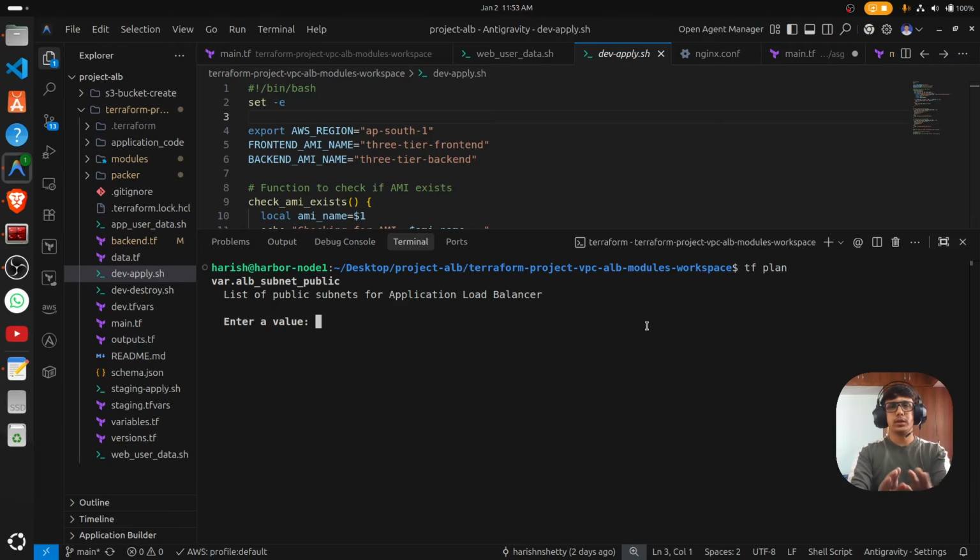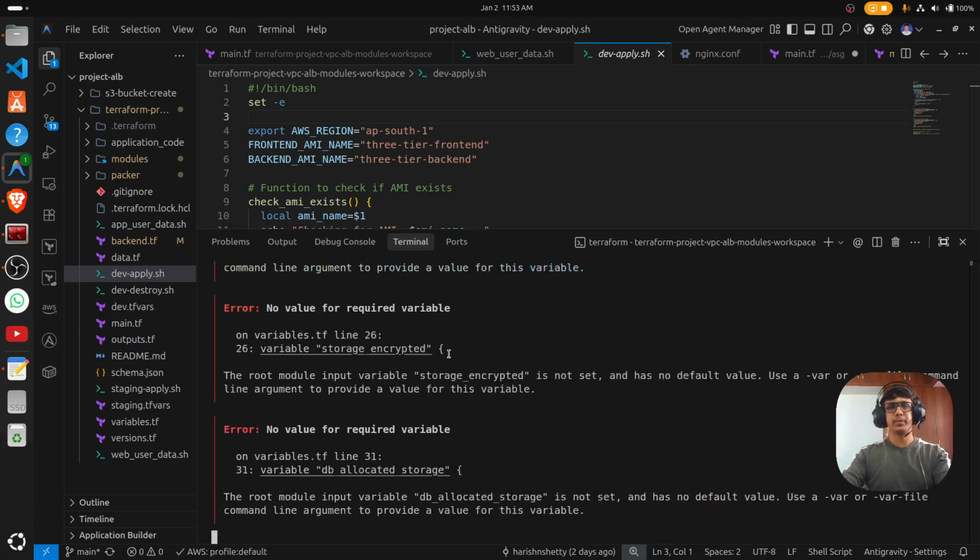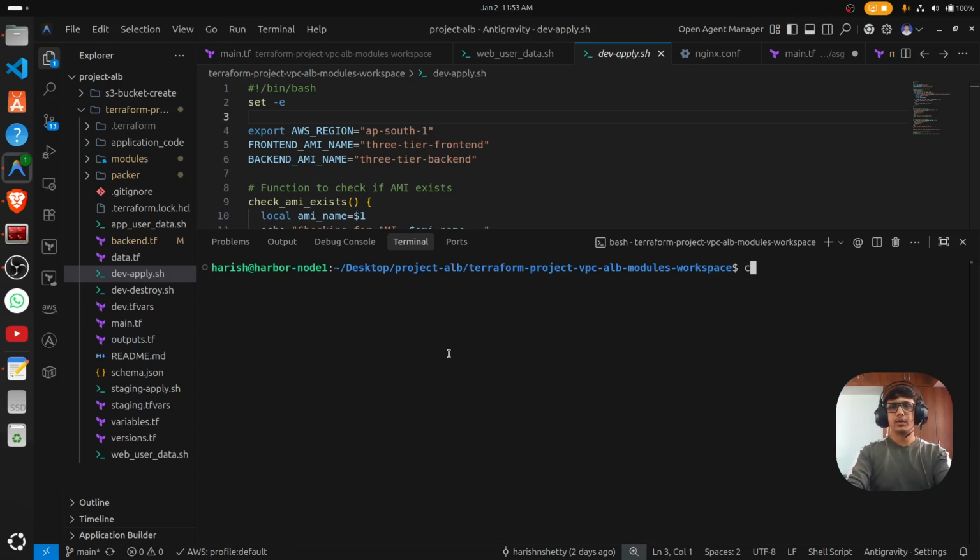So here the Terraform plan is going to ask for the value, because it is not defined; we defined it in the dev.tfvars. So it is going to ask the manual way. So that's why what you have to do, Terraform